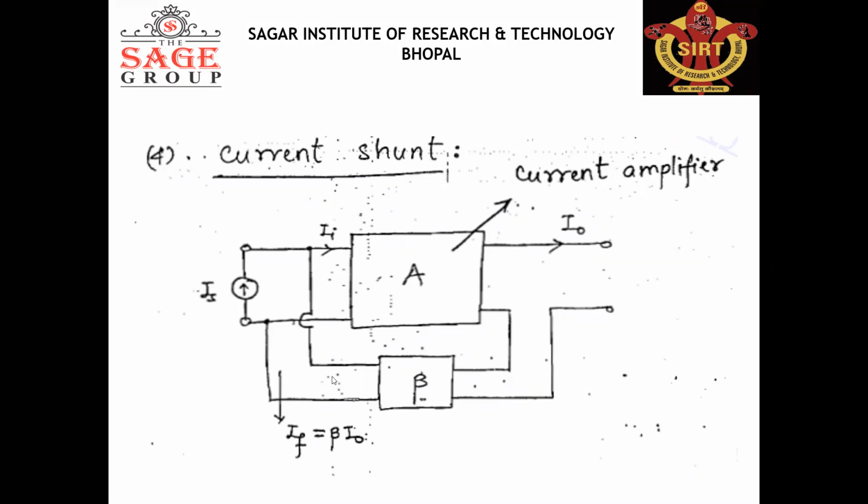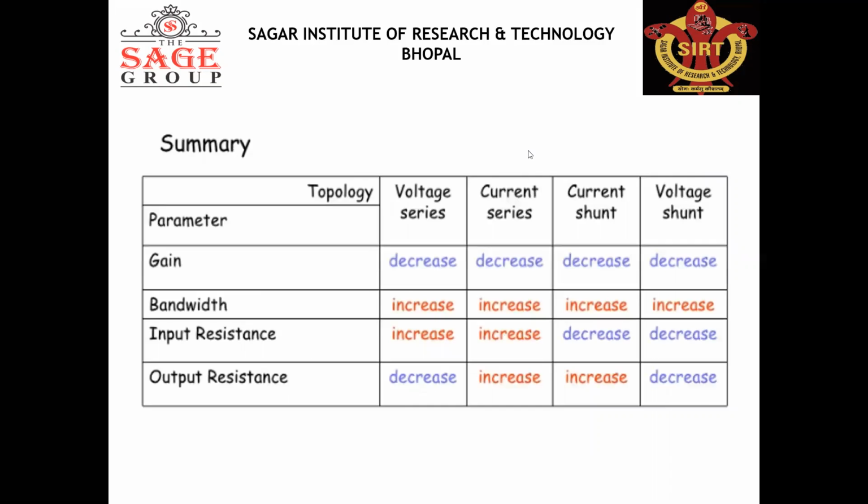So the input and feedback should be connected in shunt, and since it is shunt, both signals, input and feedback, should be in the form of current, right? And since the output is current and input is current, that's why it is known as a current amplifier. And this is the summary